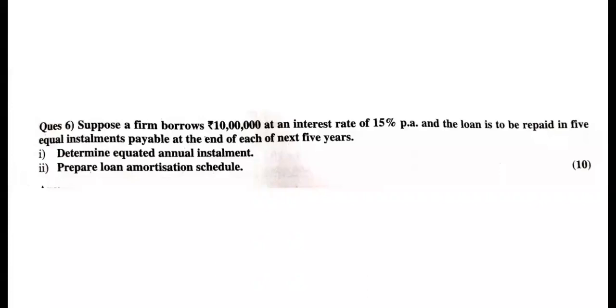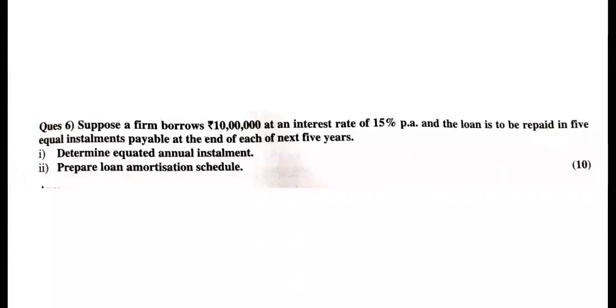Dear students, in this video, we will study the loan amortization schedule as well as the calculation of equated annual installment. Equated annual installment is nothing but EMI. Okay, your EMI, how much you are paying, if you call it a yearly installment, it becomes equated annual installment. If you call it monthly, it is treated as equated monthly installment.